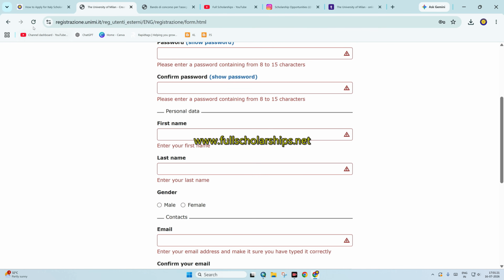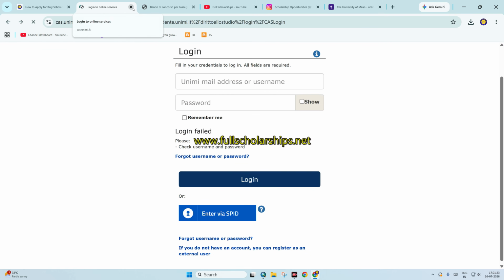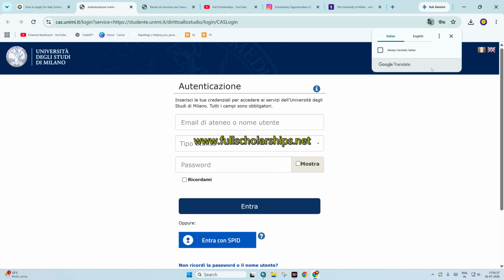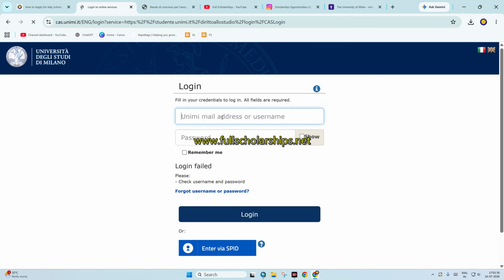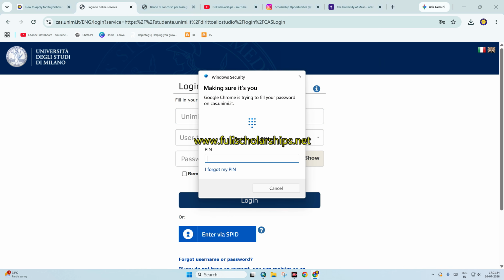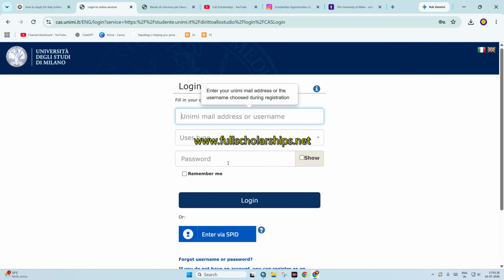We already have done this part here, so let me just tap on this and simply log in. Click on English here, and I'll use the username and password that I have created.